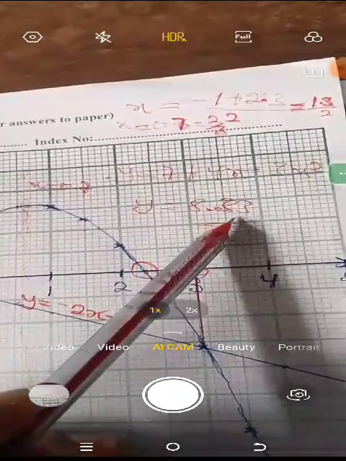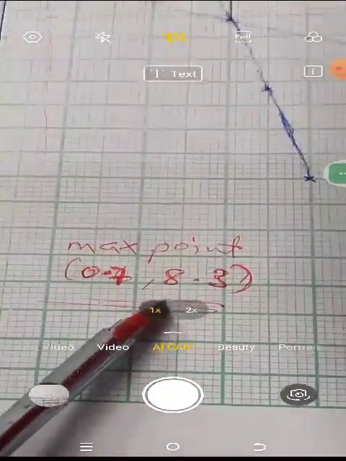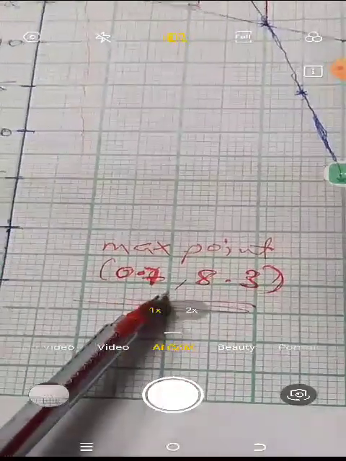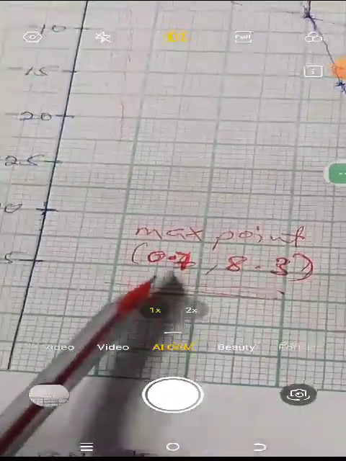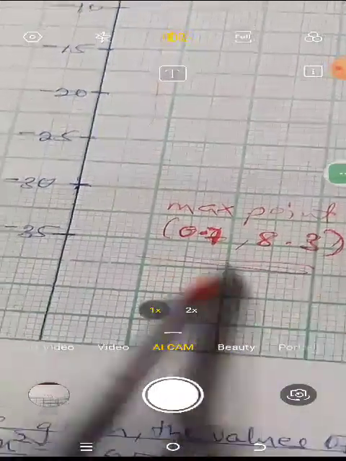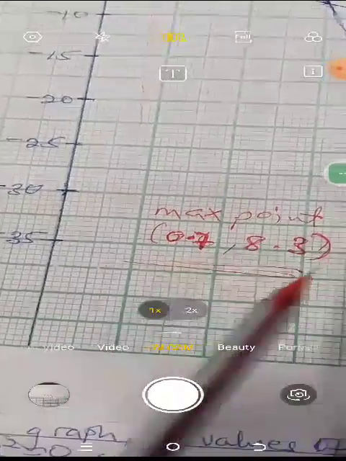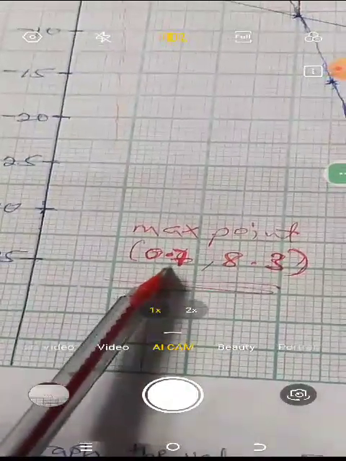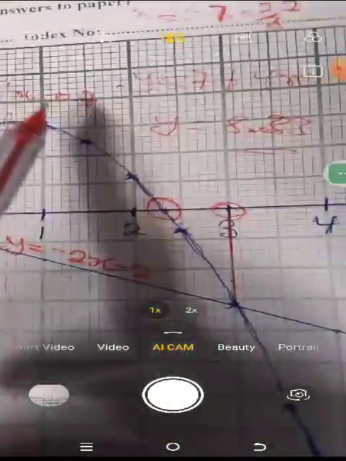If it is the minimum value we find for y, then this point will become the minimum point. But because we find x to be 0.7 and 8.33 as the maximum value here,